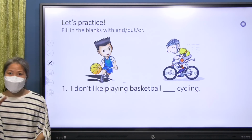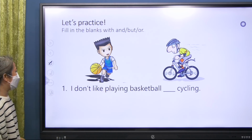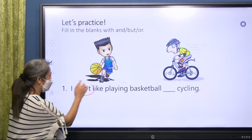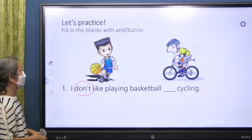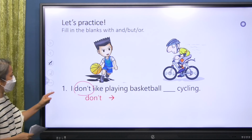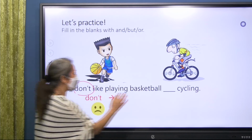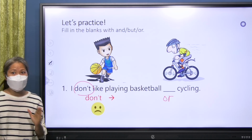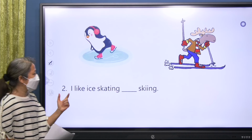Okay, everybody, let's have a very short practice and see if you know how to use connectives. And, but, or. Okay, number one. I don't like playing basketball. Cycling. I remember. Don't like. So this one: and, but, or. Which one? Okay, 3 seconds. Okay, let's see. Don't. Right? Negative sentence. 否定句噃. So this one we use or. 如果否定句我哋係唔可以用 and 嘅，OK remember different from Chinese 同中文唔同。